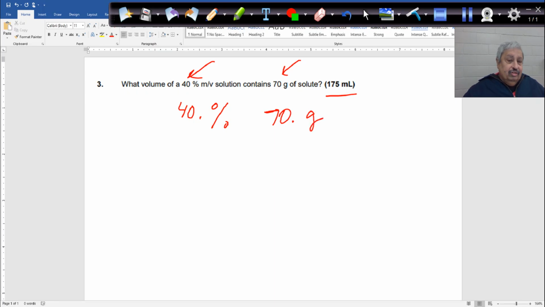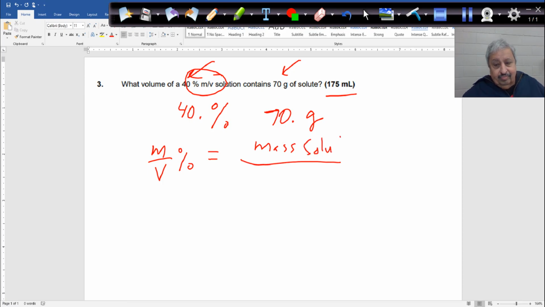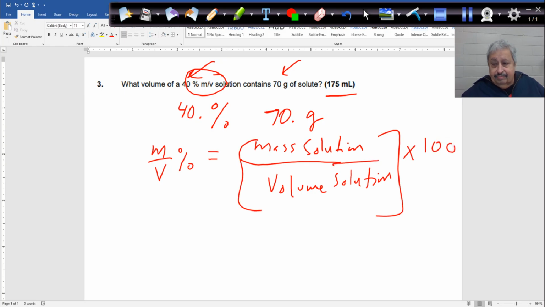Two sig figs. So it gives you the formula: mass over volume percentage is mass of the solute over volume of solution, multiplied by 100. So this one here is 40, correct? Let's see what's given, what's asked. So 40 here, two sig figs, equal to